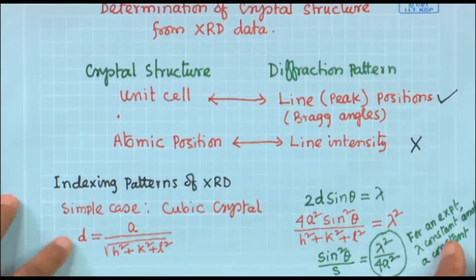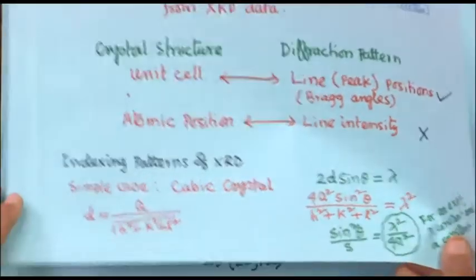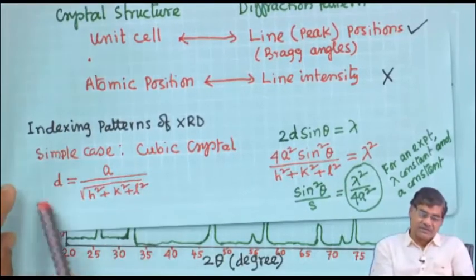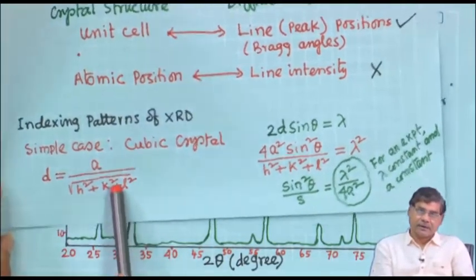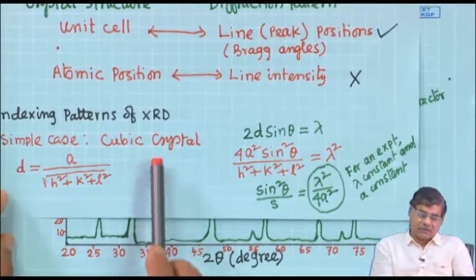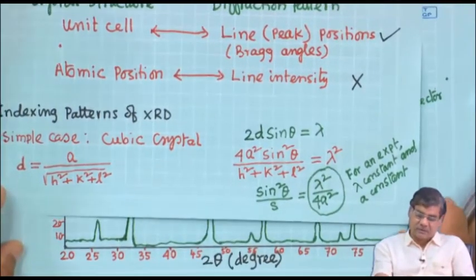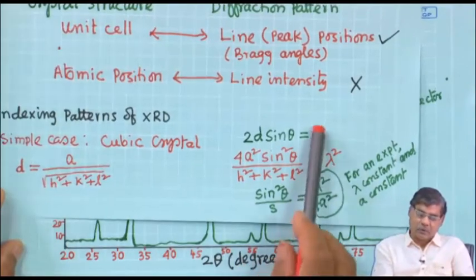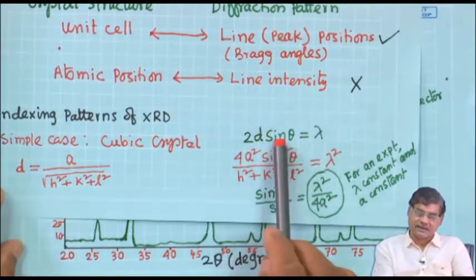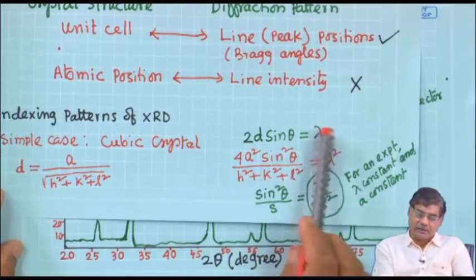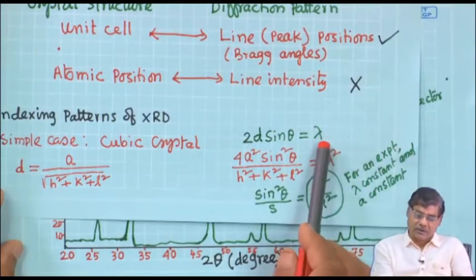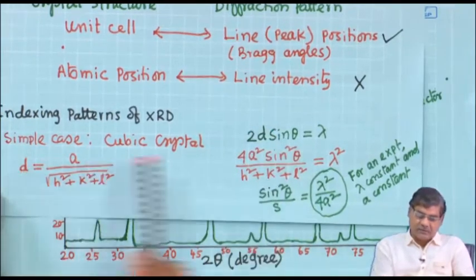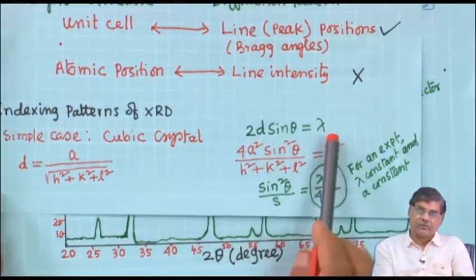This relation we know from the crystal part. Now for XRD patterns, it follows 2d sin theta equal to lambda, with n equal to 1 since we are considering only first order. If I put this d value here and square on both sides,